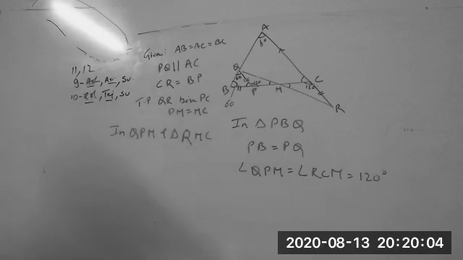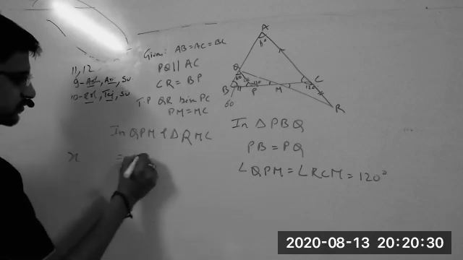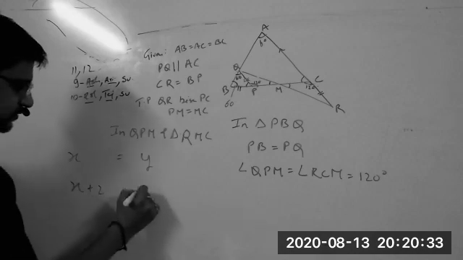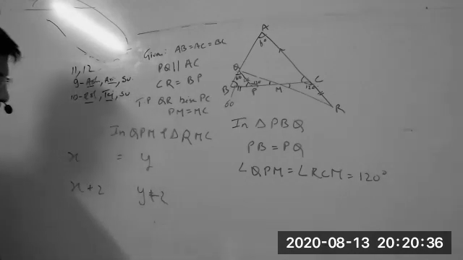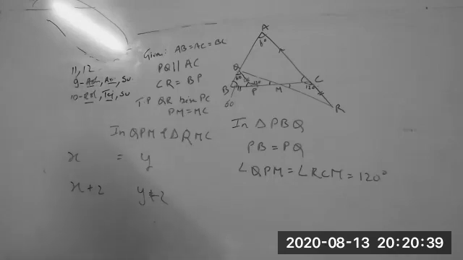And sir, one more thing in the 14th question, I remember you teaching that we have to add one angle, right? In proving we have to add some angle to another one to make it equal. So why do we do that? When x is equal to y, x plus 2 will be equal to y plus 2 or not? Yes, sir. Why? Because the values of x and y are equal, and if you add the same number to it, we'll get the same result.